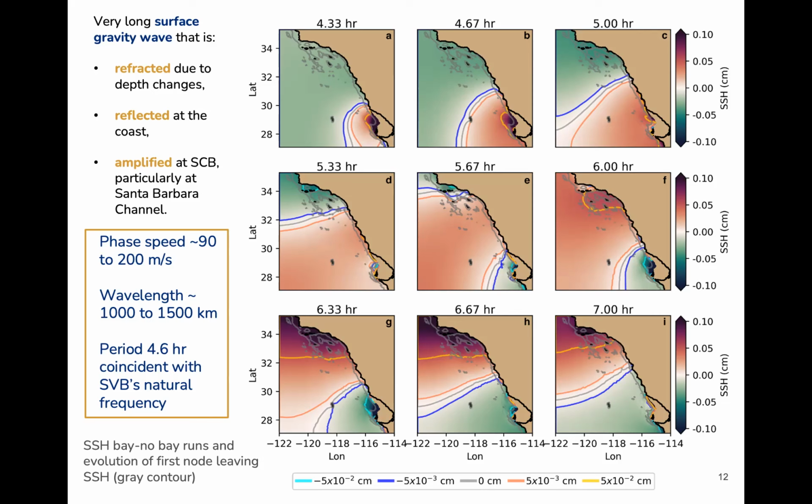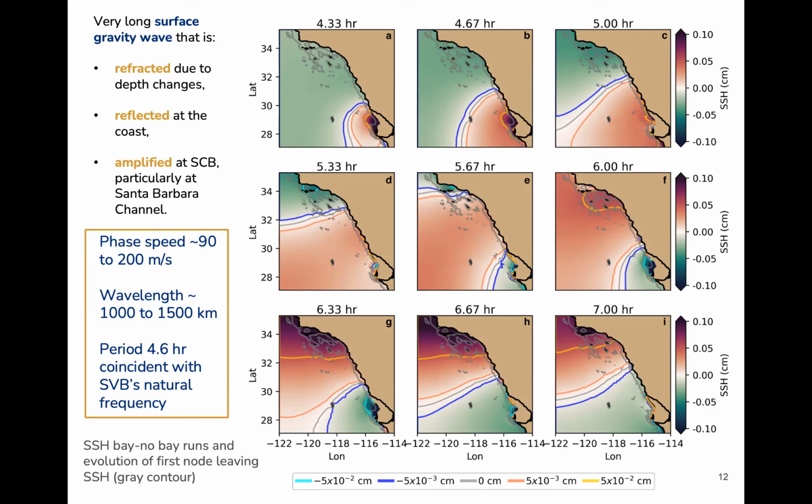And so what we see is at the beginning, the gravity wave goes radially out of the bay, and it starts moving, but then afterwards it's not moving really radially. It's actually refracted, just because we have a depth difference. The thing is, it's going faster in this part, which is deeper, than in this part, right? And in the end, it kind of ends up wrapping around this bend in the California coastline, right? And we see an amplification of sea surface height, especially in this little part that is the Santa Barbara